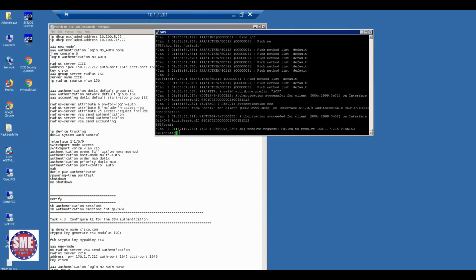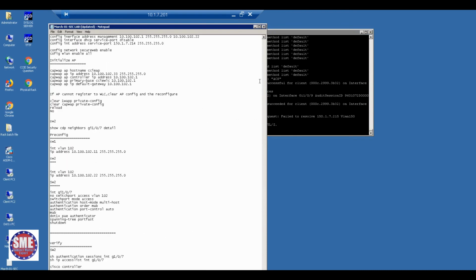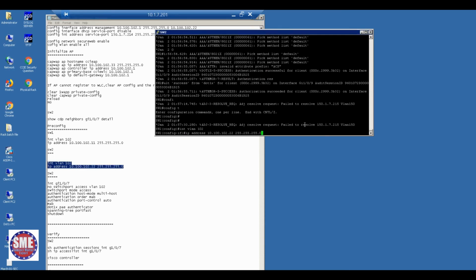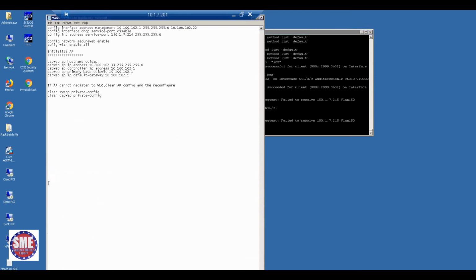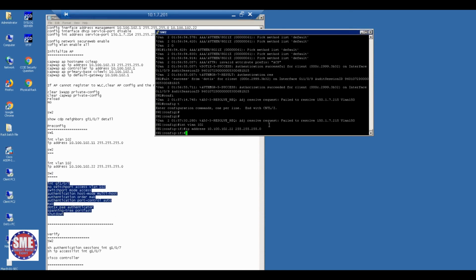Port 7. Config t, port 7. If your access point you configured properly, that authentication should be success. Same board, we don't want to configure anything extra. This is already configured, I think, right? 102 we already configured. This one and port 7, the same MAB configuration only. There is no other configuration. MAB done.